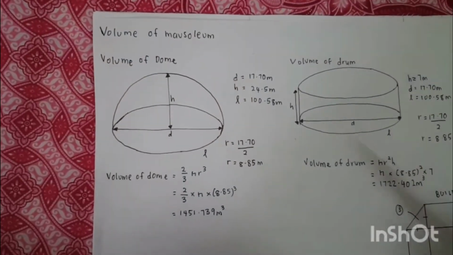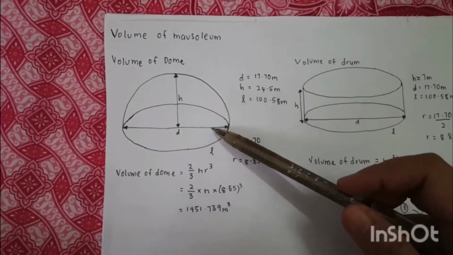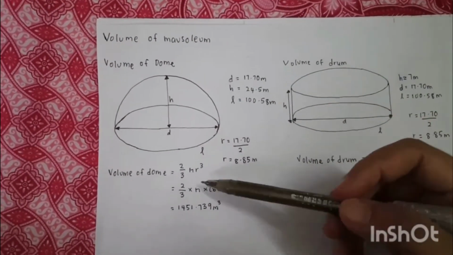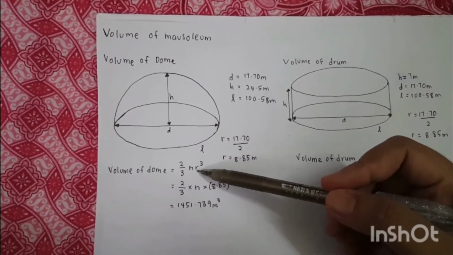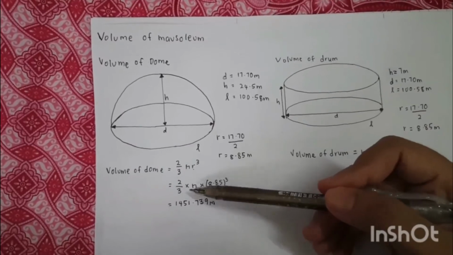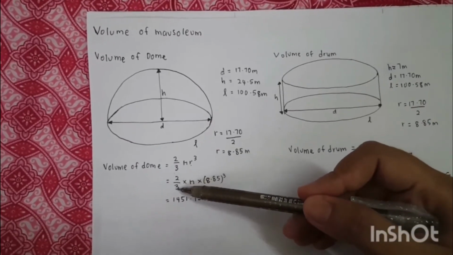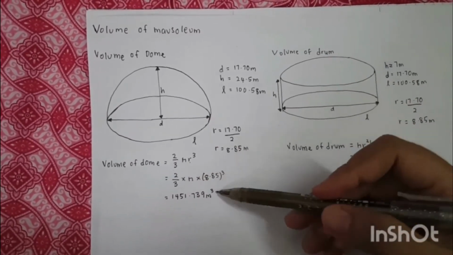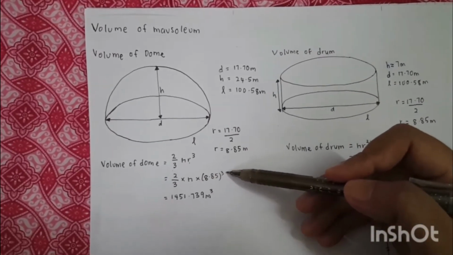Okay, we go to the first shape, which is the hemisphere, referring to the dome. We use this formula to find the volume of the dome, which is 2/3 pi r cubed. We insert the value, which is 2/3, multiply with pi and then multiply with 8.85 cubed. Then we got the answer